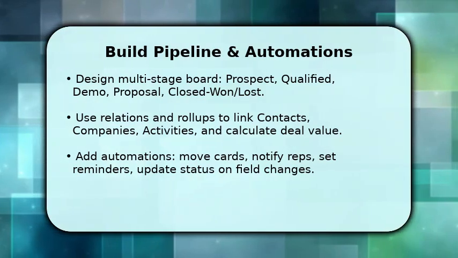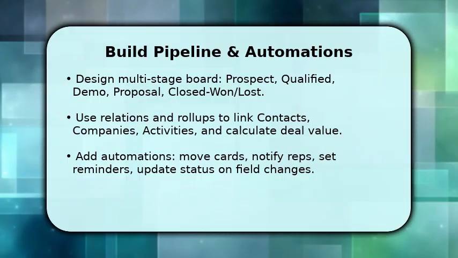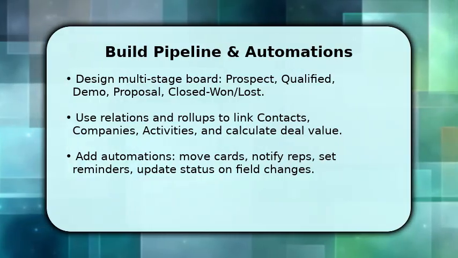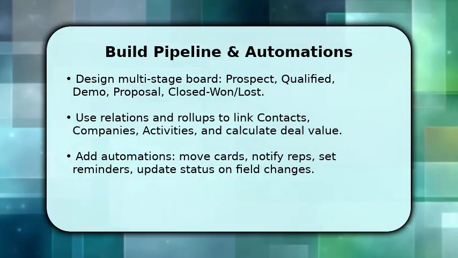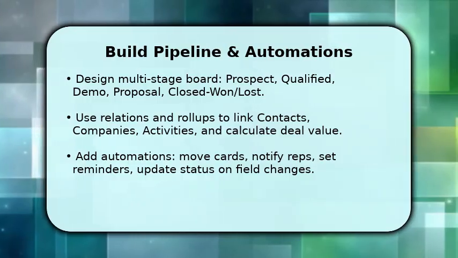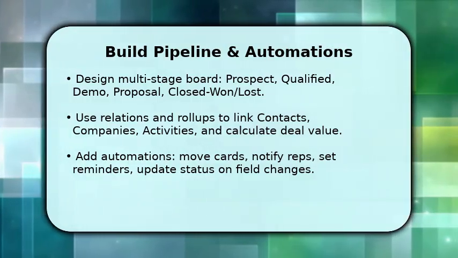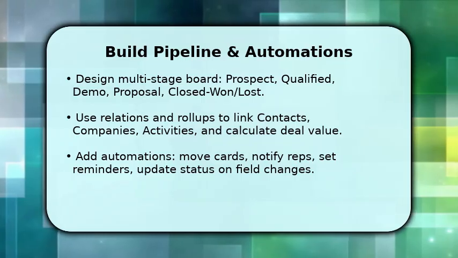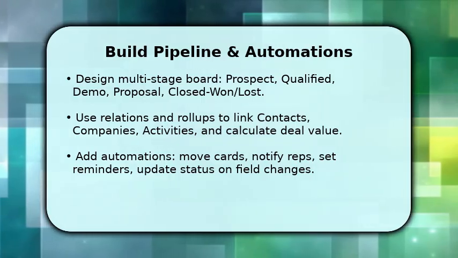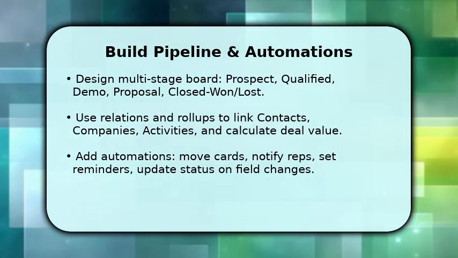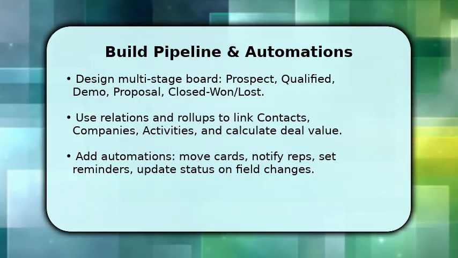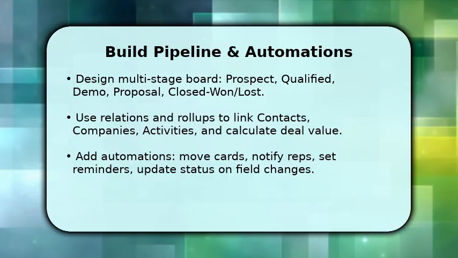Next, construct a multi-stage pipeline board that mirrors your sales process: prospect, qualified, demo, proposal, and closed outcomes. Once done, relate each deal to contact and company databases and use roll-ups to aggregate ARR, next activity, and close probability. Make sure to add automations that move cards between stages, ping reps via Slack or email, and create reminder